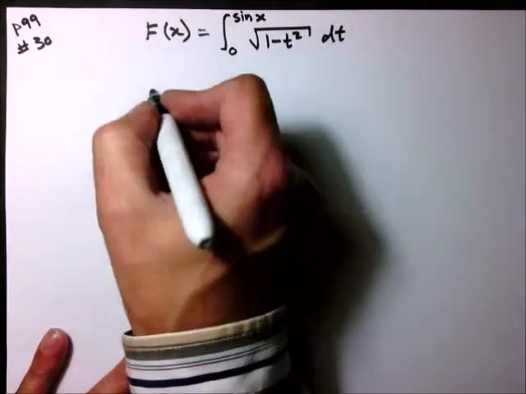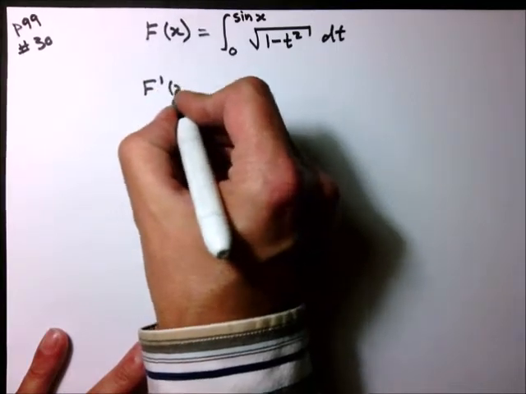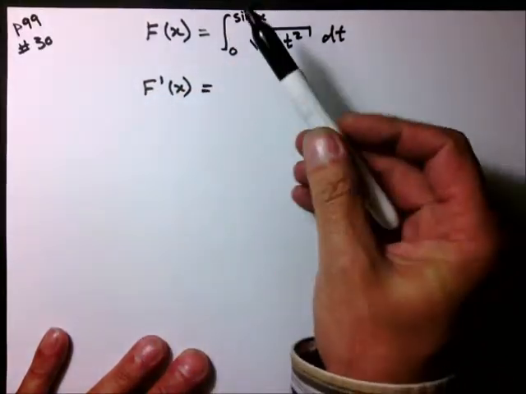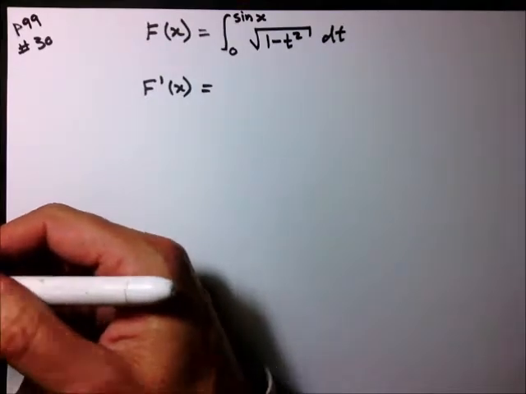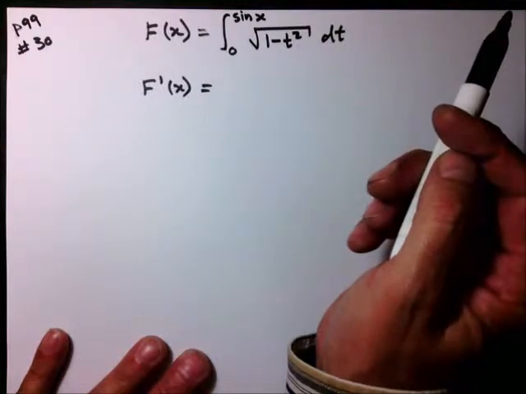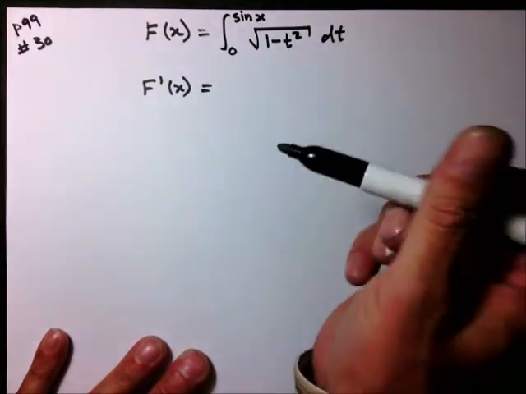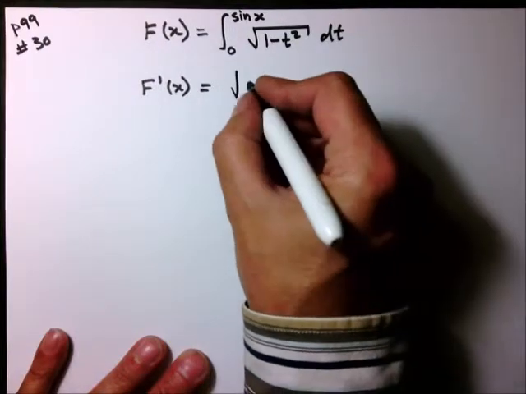Applying the fundamental theorem of calculus to find F prime of x, all we need to do is substitute the x, or the function of x, in for the t, and that then gives us the